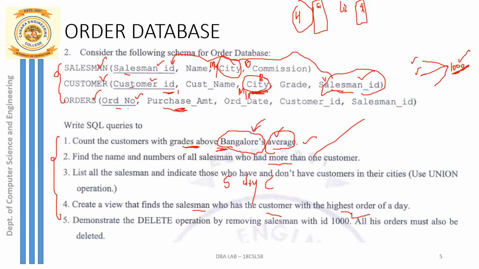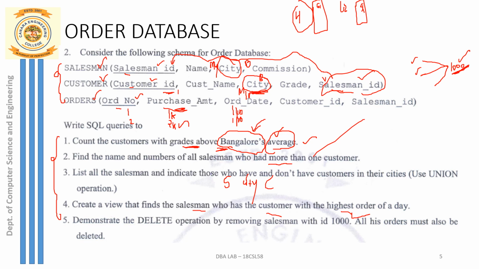So for example, I have an order, say order ID is 1 and the date of the order is say 1st October. So on 1st October you have placed an order worth 1000 rupees. On the same date, that is on 1st October, you have a different order and the purchase amount of that order is say around 2000. So on this day, 1st October, what is the highest order? The highest order is the second order, worth 2000.